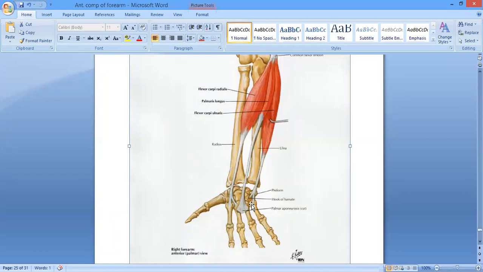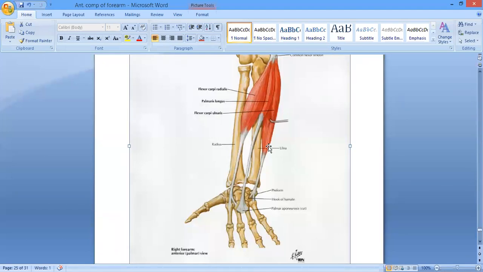So the flexor carpi ulnaris is a muscle which gets its origin from the common flexor origin, that is the medial epicondyle of the humerus, and is inserted in the pisiform bone, the hook of the hamate, and the base of the fifth metacarpal bone. And this is the muscle which is supplied by the ulnar nerve. I told you that 1.5 muscles are supplied by the ulnar nerve, and the 6.5 muscles are supplied by the median nerve, right? So the flexor carpi ulnaris is supplied by the ulnar nerve.